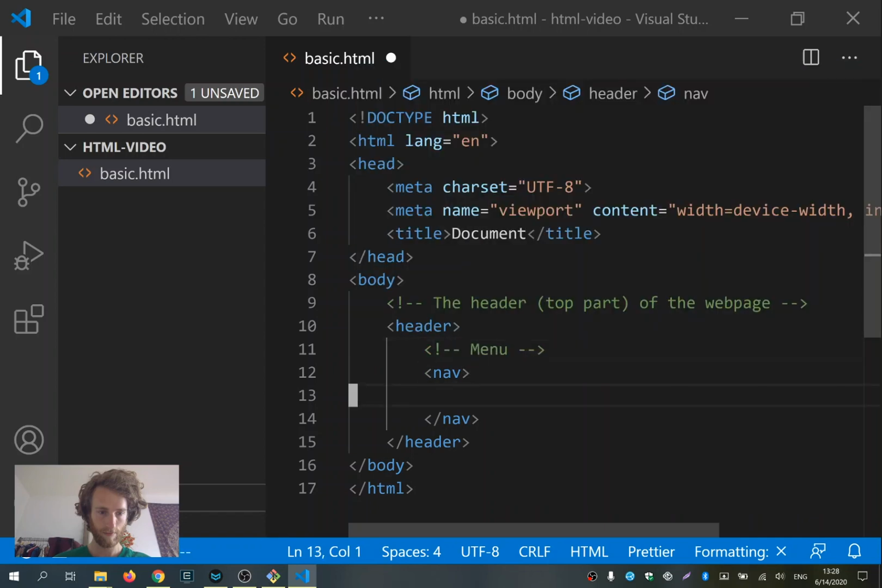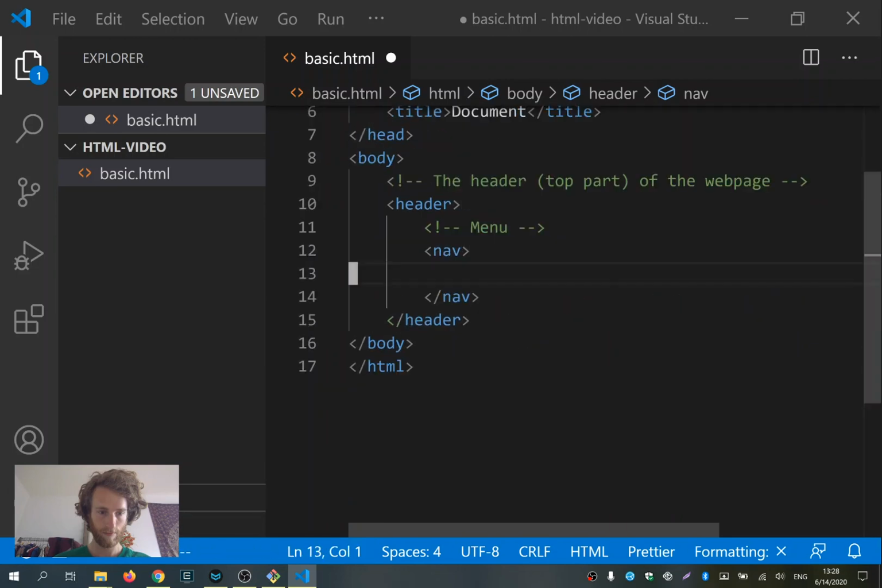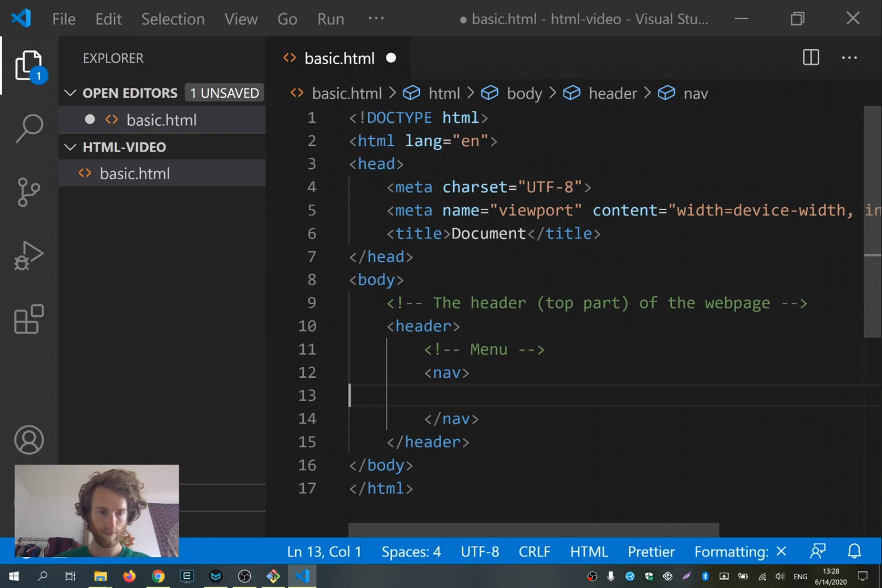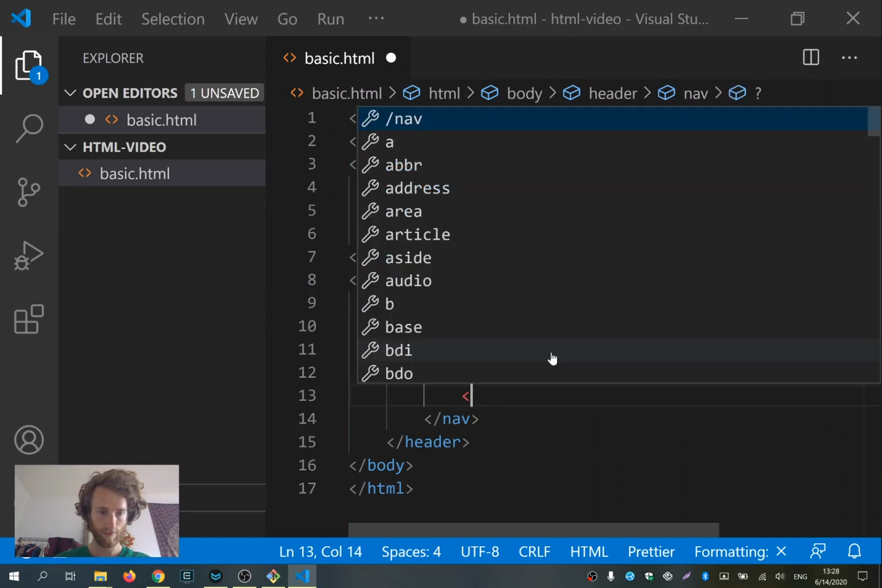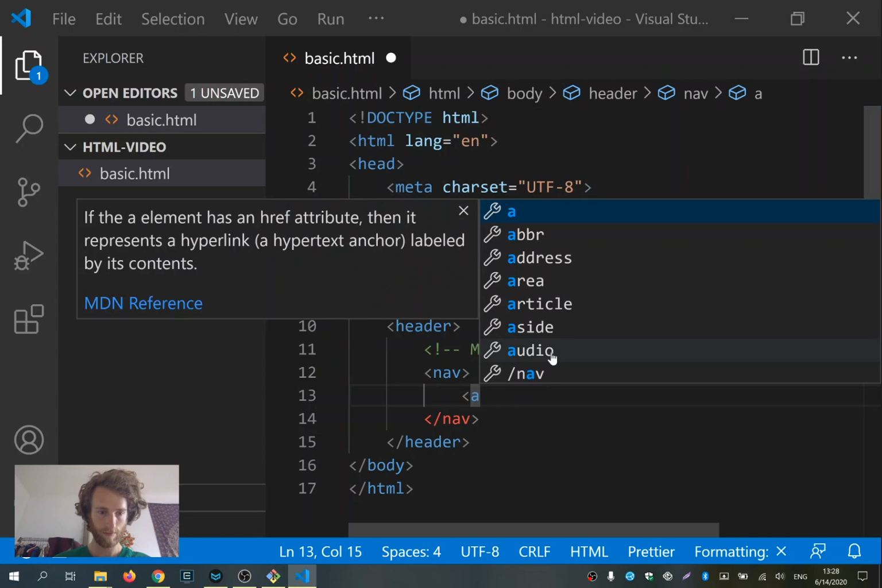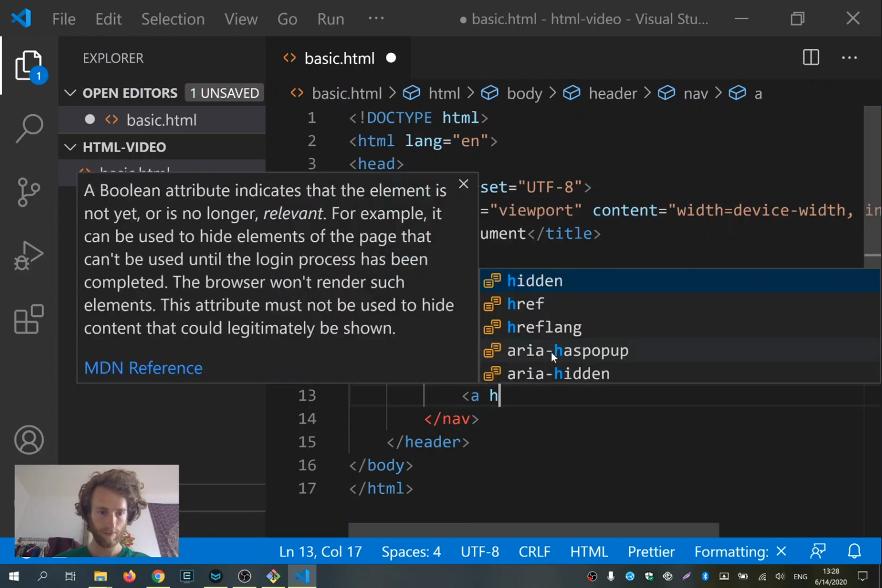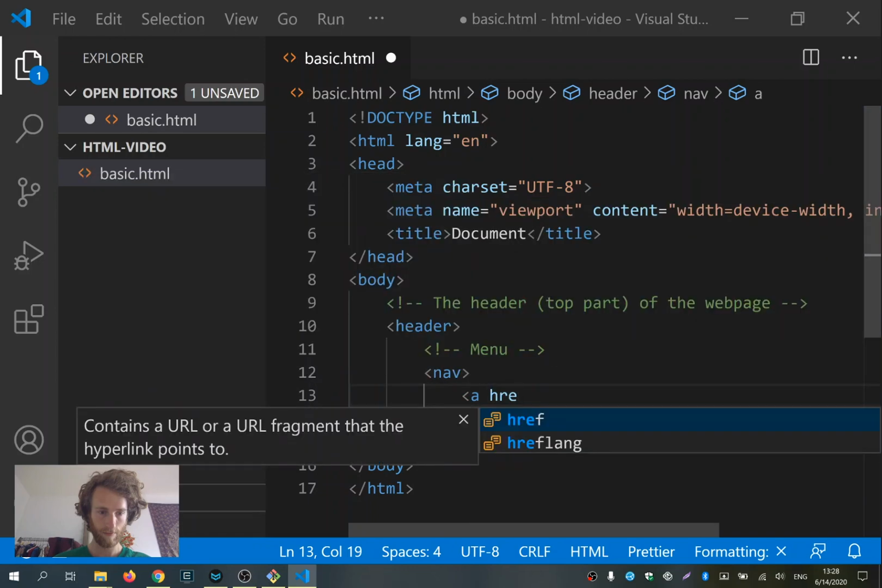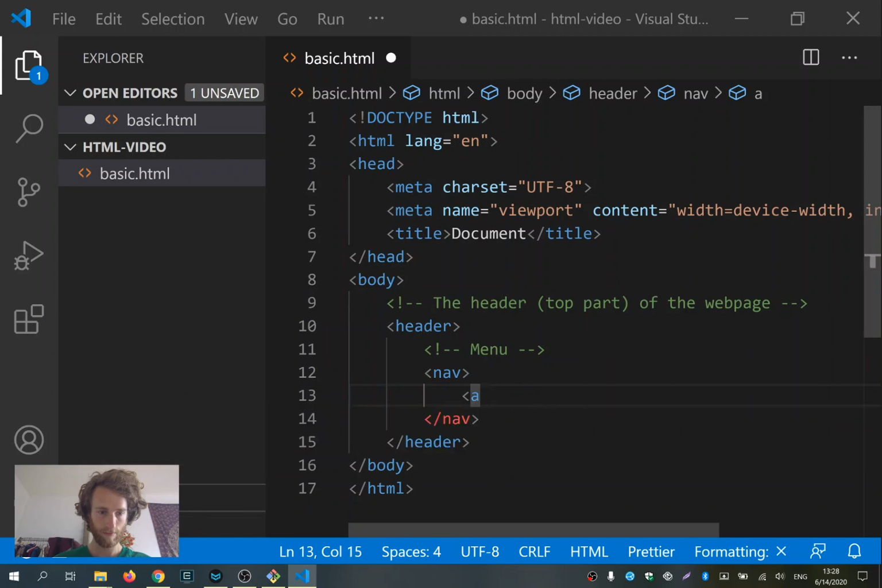But this element doesn't do anything in itself. It just defines, here you can find the navigation of the website, the menu. We still have to create this menu ourselves. And for that we could, for example, just add a link. And for a link we use the A tag. So I can say here,